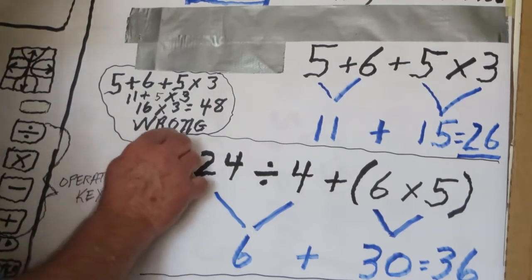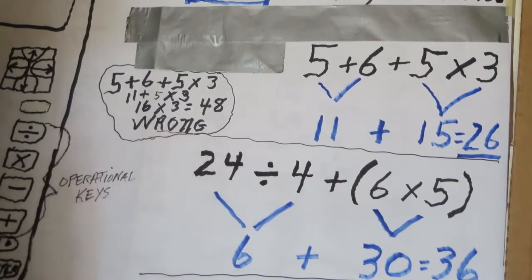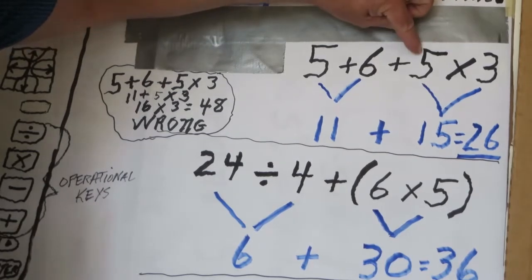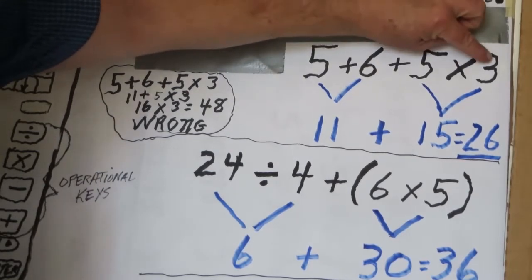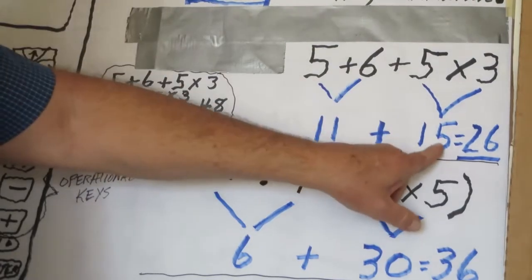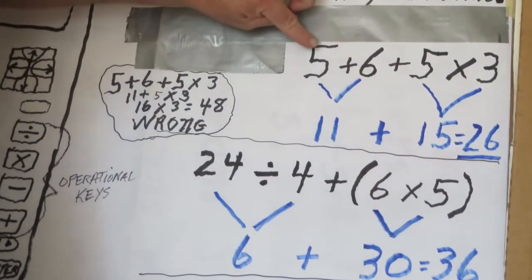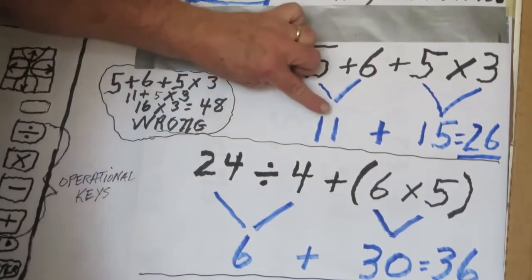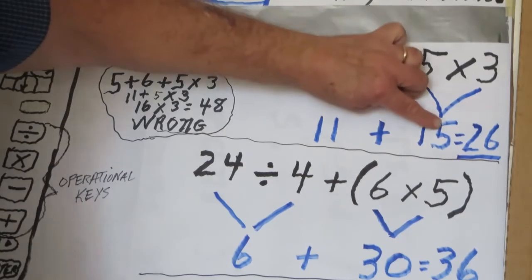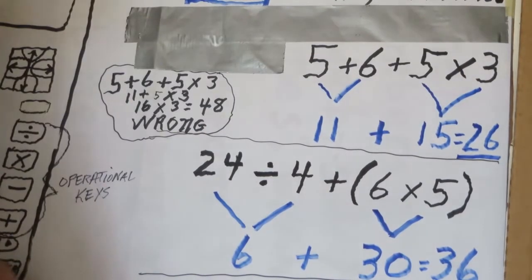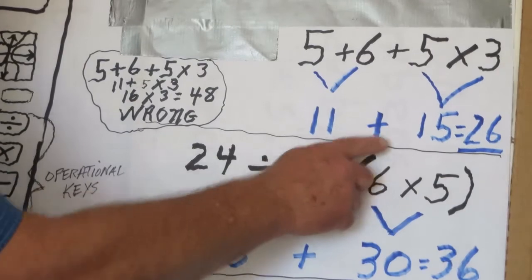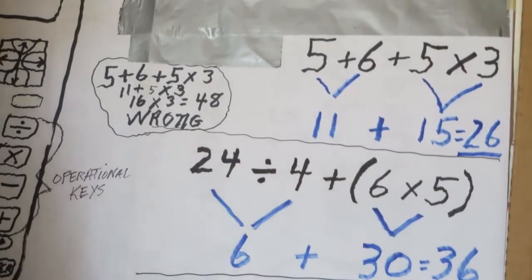And of course I've written here wrong, but let's think about it. In this version, the first thing I did was multiply the 5 times 3, and I got 15. And I added the 5 plus 6, and I got 11. Then I added the 11 plus the 15, and I got 26. And the question you might ask is, why is this one wrong and this one correct? Well, in the correct version,